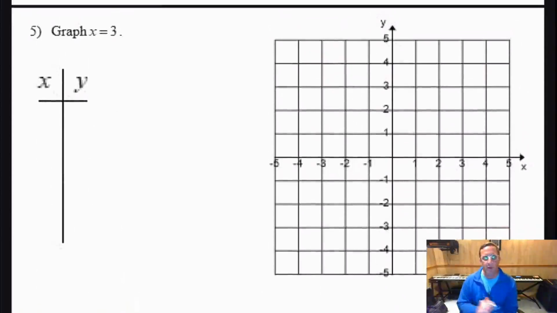Now, the thing I want to point out on number 5 and number 6 is that you got to watch out for these equations. Now, number 5 is an x only equation. And I think I mentioned this in a previous lesson, perhaps. But when it's an x only equation, it's going to be a vertical line, meaning it's not going to go through the